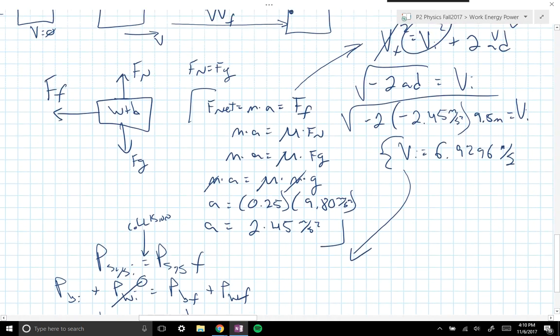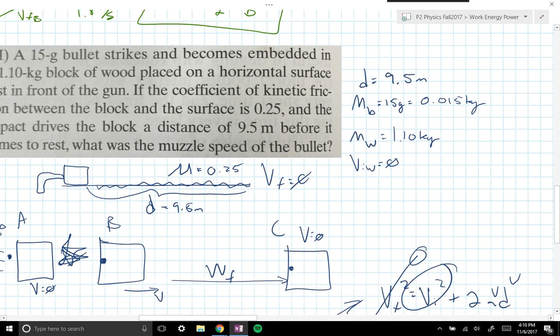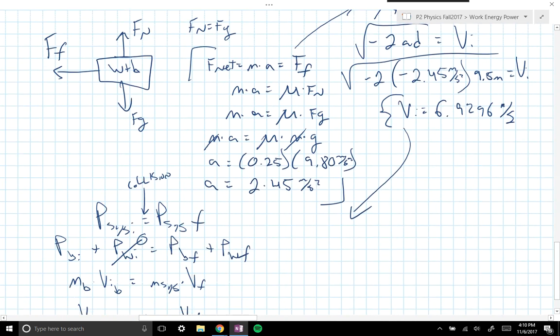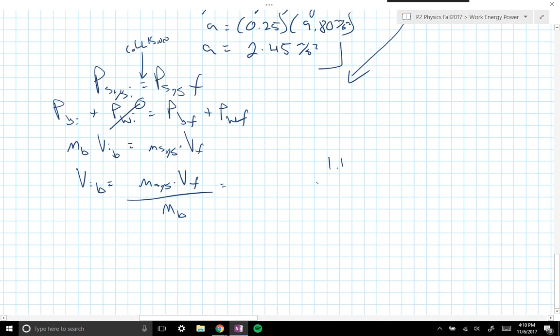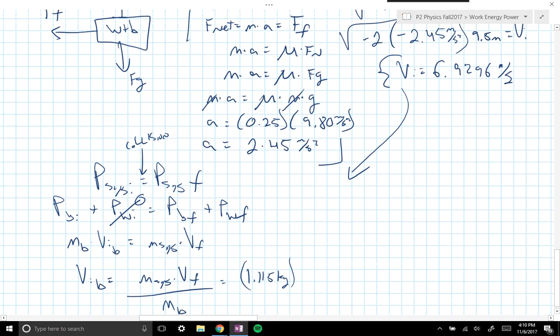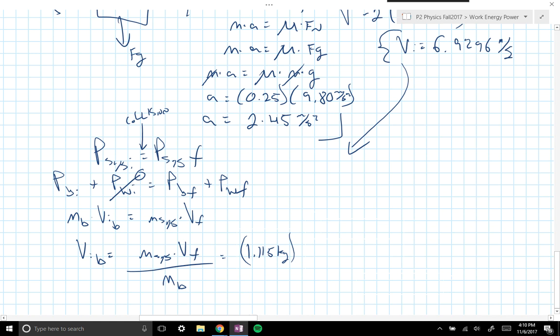All right, mass of the system. These two together: 0.015 and 1.1. So 1.1 plus 0.015 is 1.115. Velocity: the initial through the friction experience was the after of the collision experience, right? Same value, this up here, 6.9296 meters per second, all divided by mass of the bullet, which is